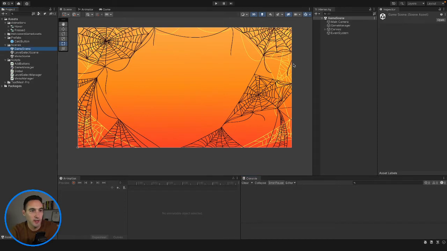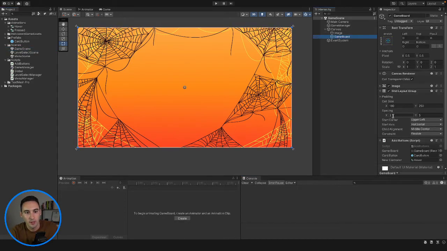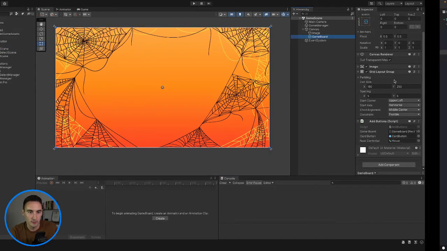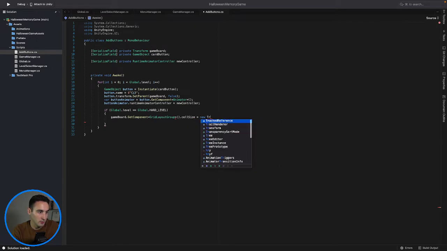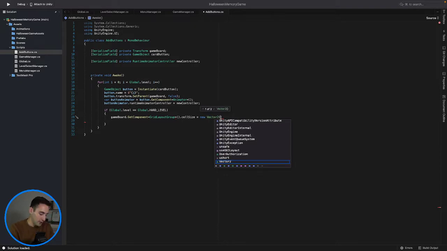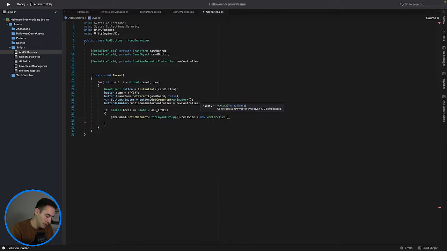Jump onto our game scene. Game board is going to be a grid layout group. So we need to get the GridLayoutGroup dot cellSize, and we need to set that equal to a new Vector2, and we said it's going to be equal to 120 by 150. Okay, so let's go and see if this does